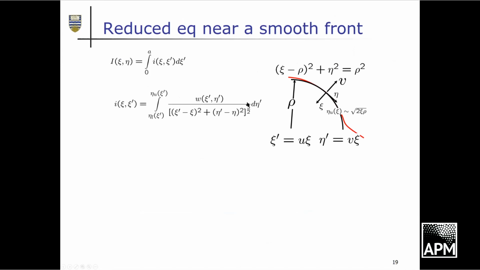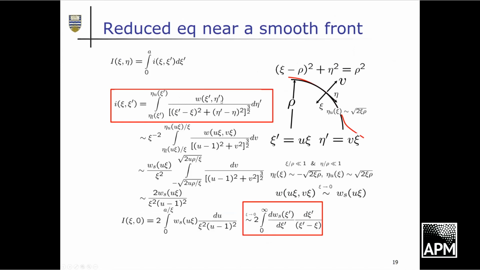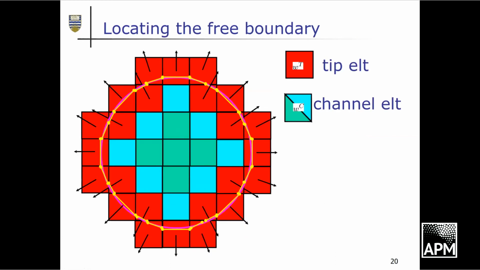If you zoom into the tip, if you consider yourself an ant that moves really close to the free boundary, this starts to look like an infinite wall, and basically the two-dimensional operator, the planar operator, is reduced to the plane strain operator. So everything that we've done for the plane strain case now applies,